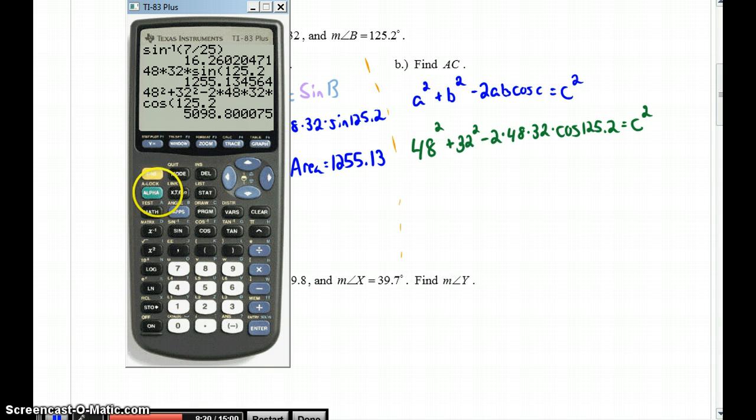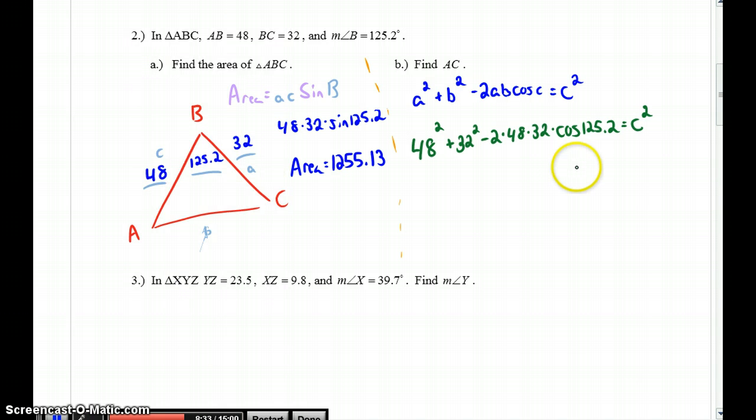5098.8. That seems way too long for side C, probably because that's C squared. If we take the square root of that, we get 71.4. Now that seems really reasonable to me. Obviously, we're not talking actually about C, but this is the side here,